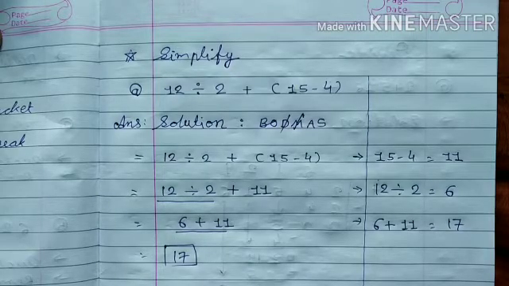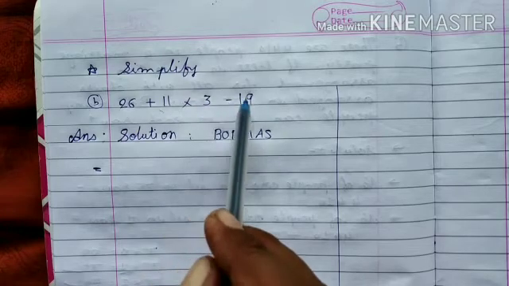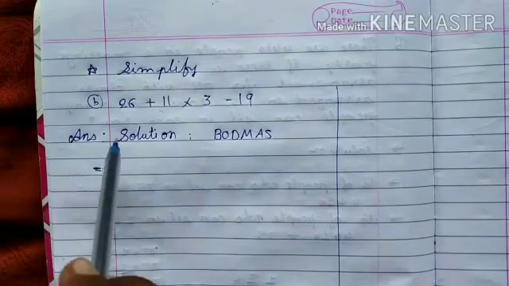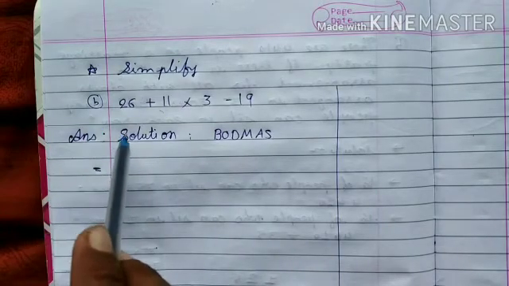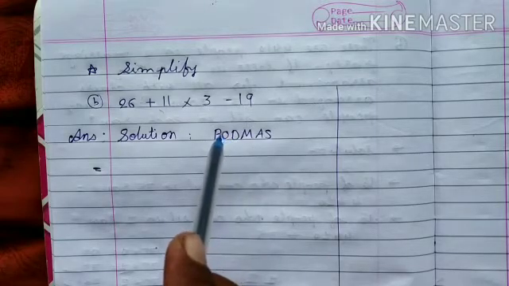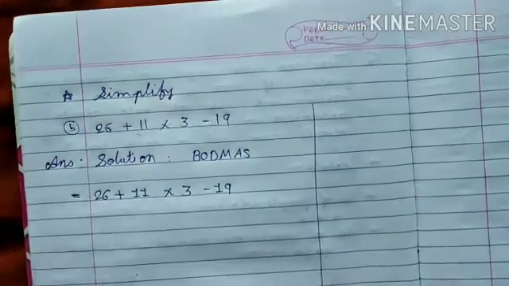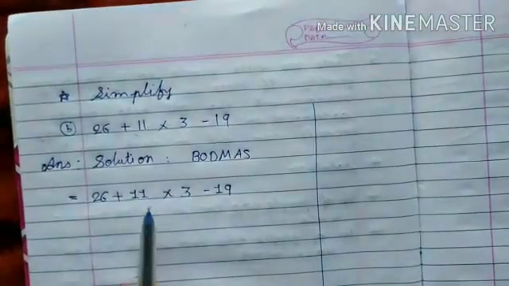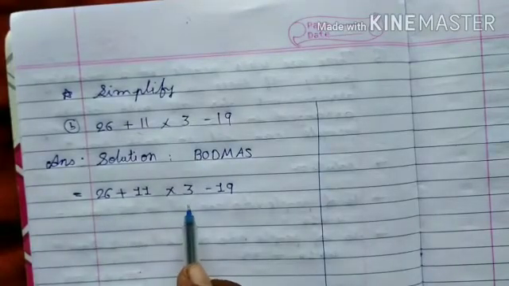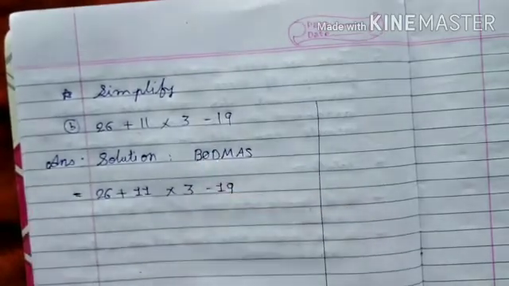Let's see the next example. 11 multiplied by 3 minus 19. So three different operations are given. So leave one line, write "answer, solution" and also write BODMAS so that we do not forget the order. Then again leave one line and copy the question. So like this we have to copy the question. Now bracket, but there is no bracket, right? Bracket operation is not given, so I will cut BO.